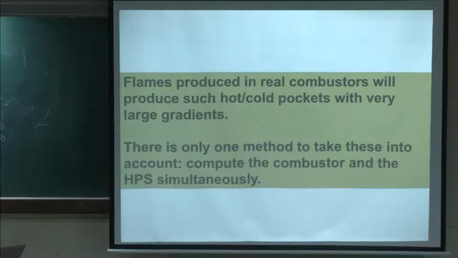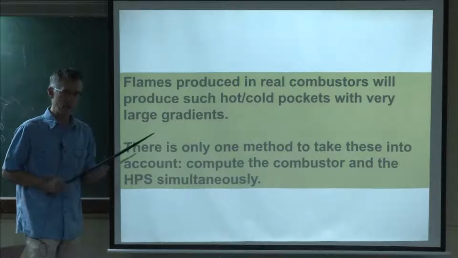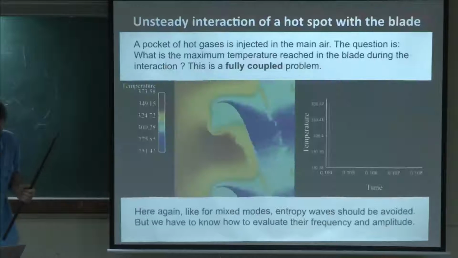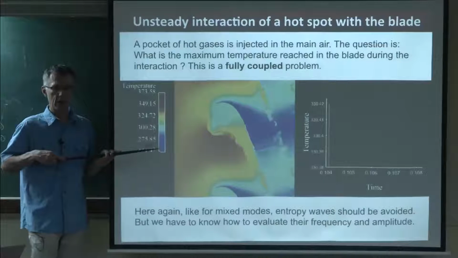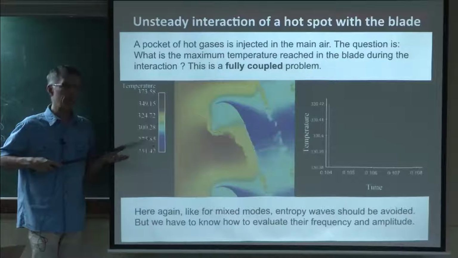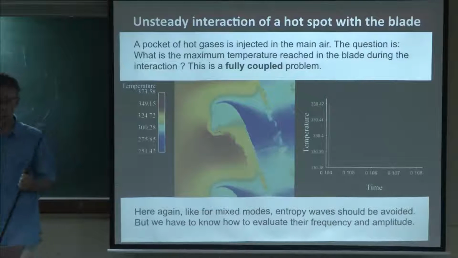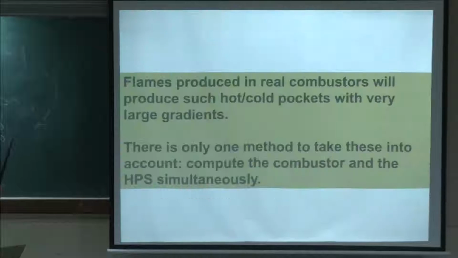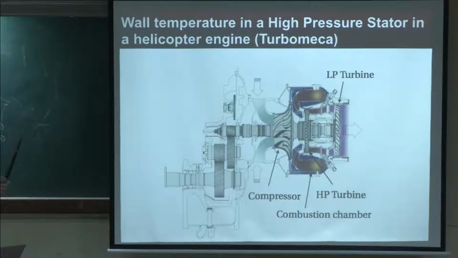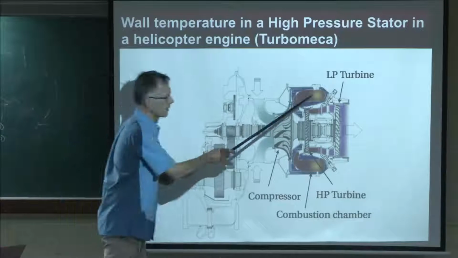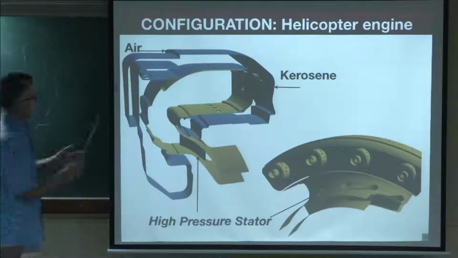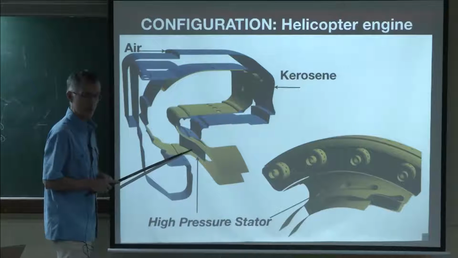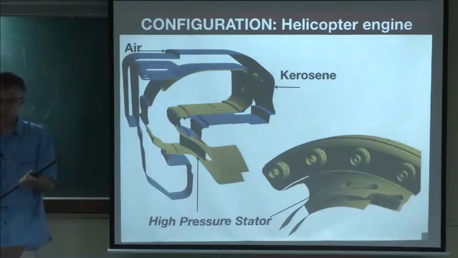Okay. If you want really now to know what the real temperature will be, if you want to compute the temperature in this blade, you need to know what's coming here. You need to know exactly the temperature and the velocity profile, and that requires coupling the flow and the heat transfer solver. And we did it for this turbine here. I'm going to show you a coupled computation where we actually do all the flow here, and we do the heat transfer in the blade here, which is the highest temperature. So this is the one you want to compute.